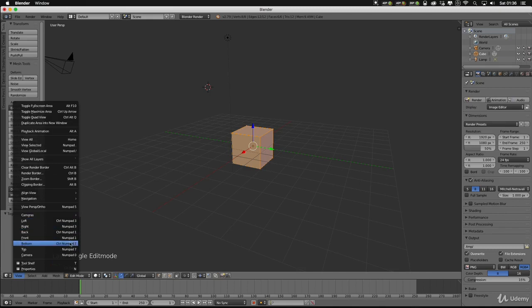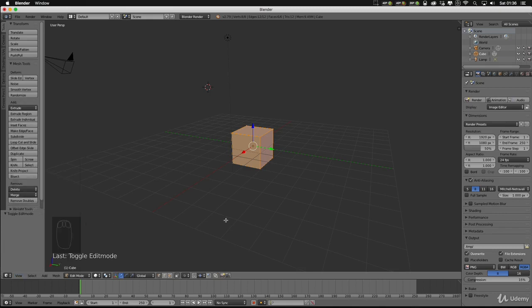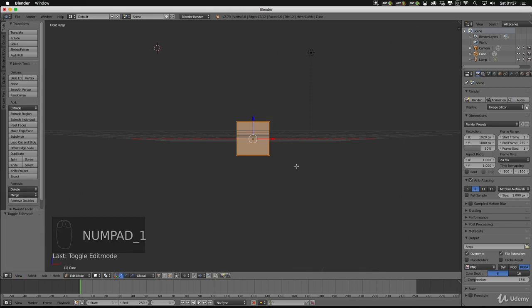So let's just have a look and see what these do. So that's the front perspective. If you want to know what view you're in, you can always look up here. So front perspective, and then we've got top perspective, right perspective, left perspective, back perspective.